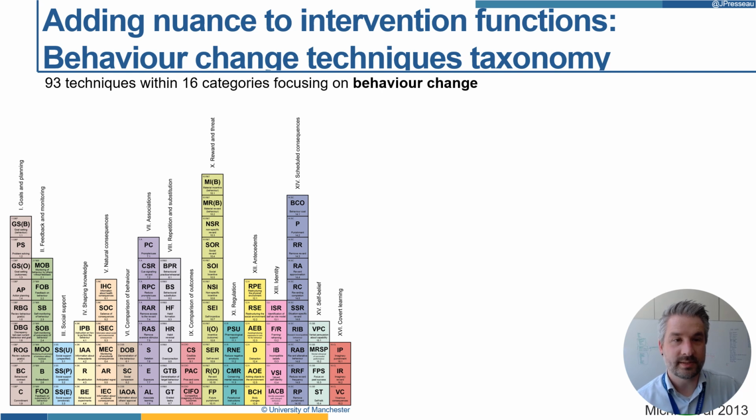But what that nuance adds at the TDF level is that you can get into more specific behavior change techniques that could be leveraged to address each of the barriers at the TDF level. And so just as for the ERIC taxonomy that brought together and tried to synthesize what are core techniques, in the case of ERIC implementation strategies, in this case behavior change techniques, how can we identify and label and define behavior change techniques? The behavior change techniques taxonomy version 1 was the first attempt to really bring together that